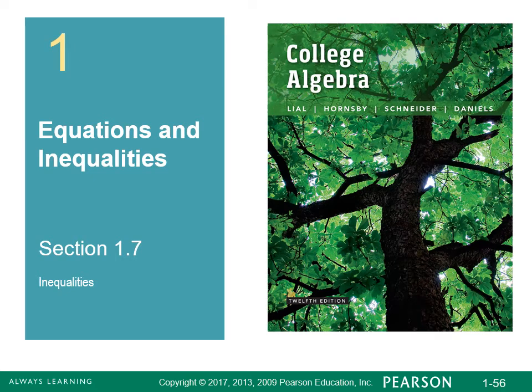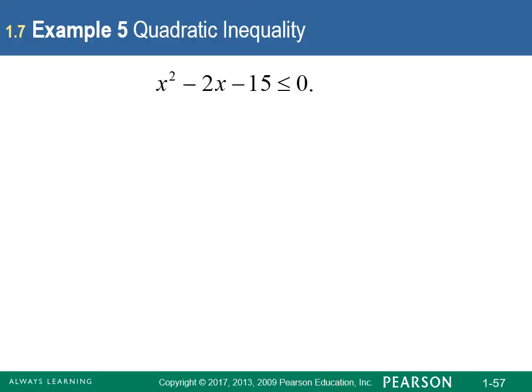We're going to revisit section 1.7 to take a look at quadratic and rational inequalities. To solve quadratic inequalities, you first want to solve the corresponding quadratic equation, which means just suppose that there's an equal sign here, and then do what we have done several times in the past. For example, factor,